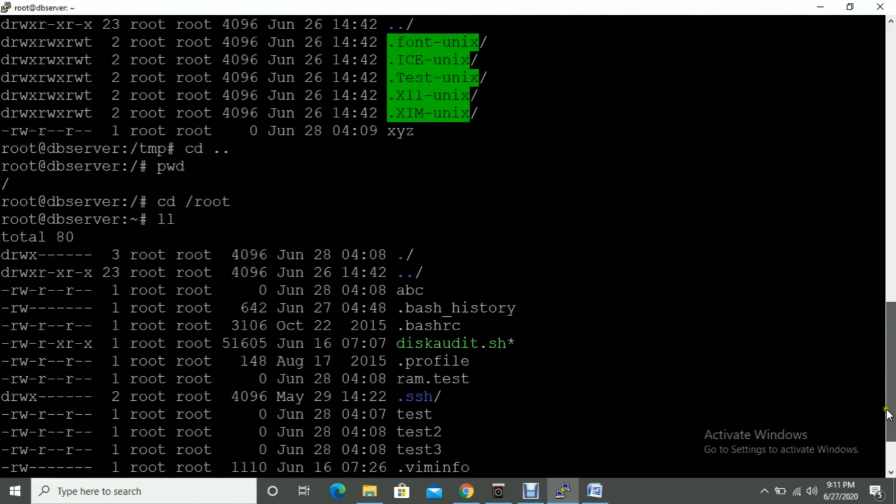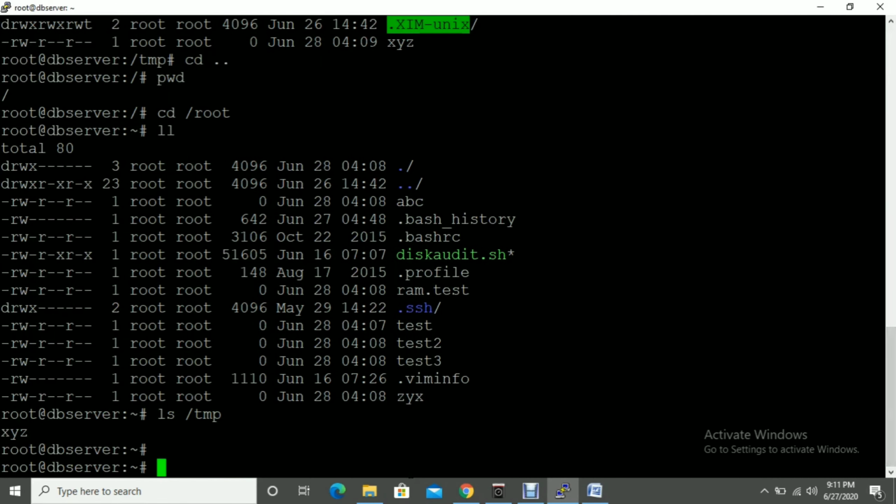But if you need to create files in a series like test1, test2, test3, test4 till test20, then you can use this command: touch, and I'm going to create dfc, bracket, 1 dot dot, so I'm going to create 10. I'm giving it 1 till 10, and then close the bracket.